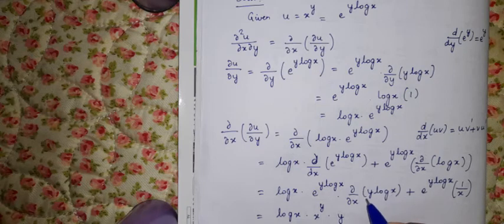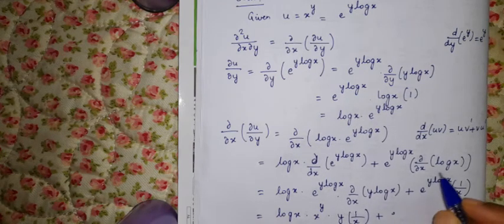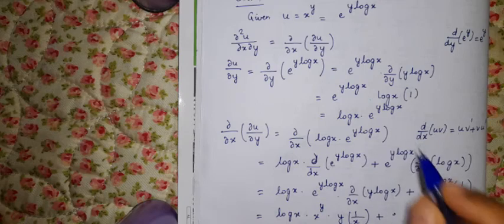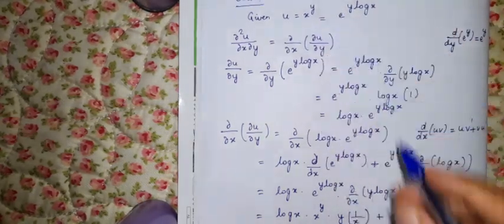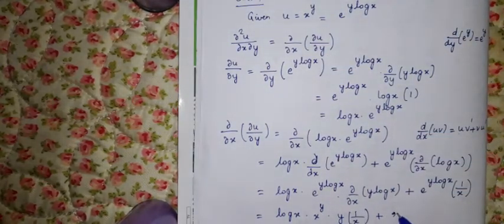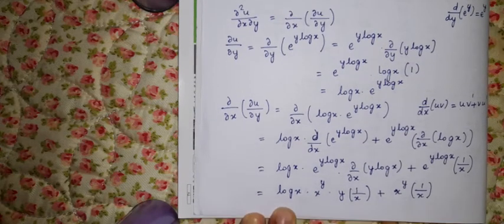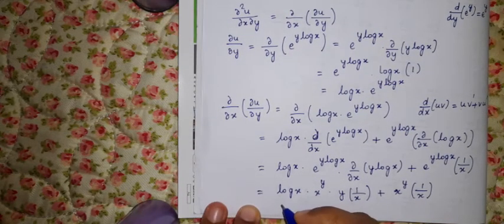Log x when differentiated partially with respect to x gives 1 by x plus, instead of this e^(y log x), you can again write x^y. So x^y into 1 by x, which is equal to,